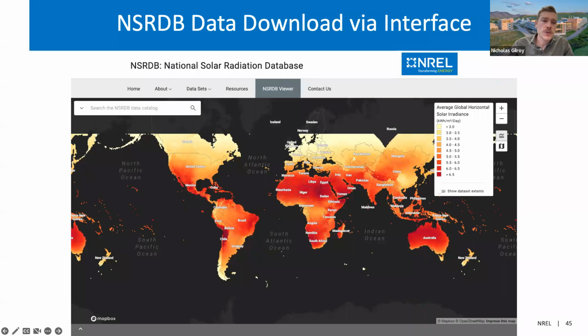And finally, how do we know if we've solved this problem? First, we wanted to do some revisions to reduce the number of clicks and needed inputs to identify a location of interest: a pin on a map, an address, coordinates, etc. Second, we know we solved this by the reduction of multiple entry points. So we've removed the data library section, the dedicated query tools, and the section dedicated to data download. We've now refined the viewer to be a single entry point with the sole purpose of downloading data.